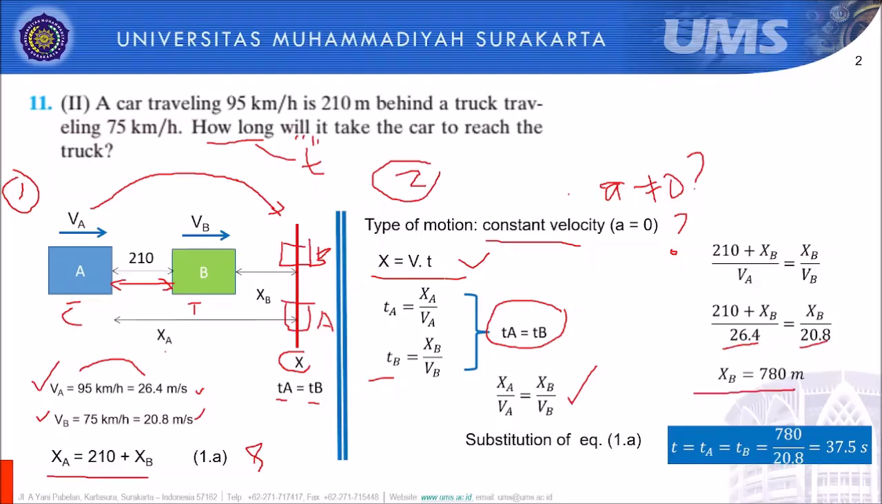780, yeah. But the question is time, not the distance, yeah. So be careful, yeah. The question is about time. So this is not the final answer. So you should use this value to calculate the time. So just put this value into this equation. Or put it here as well, that's fine, no problem. Yeah. 780 divided by 20.8, so we have 37.5. Yeah,